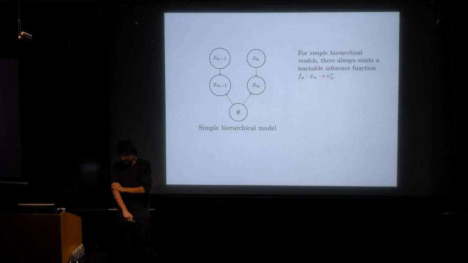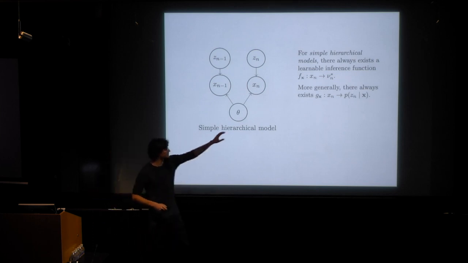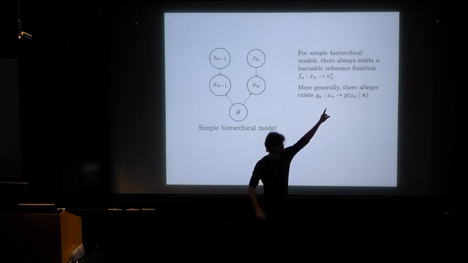So I'm going to go back to my initial generative model. It turns out that this particular model is a simple hierarchical model. If you want to be precise, it's a simple hierarchical model in a non-centered parameterization. And you can demonstrate that there always exists a learnable function between my local observation and my optimal variational parameters. Not only that, you can have a more general result that shows that this is true between your observation and